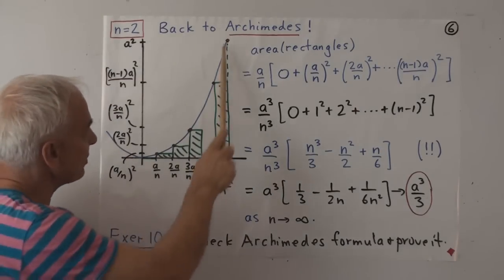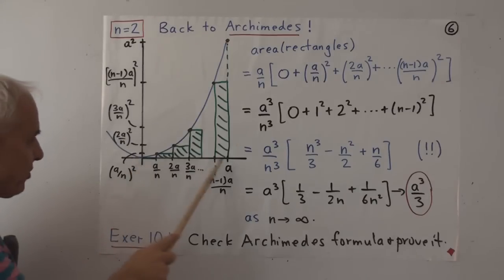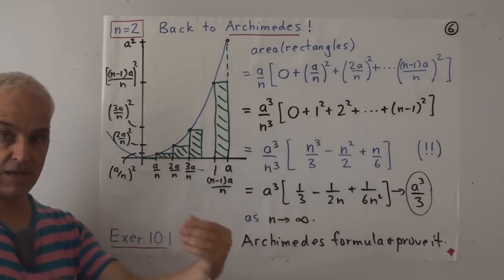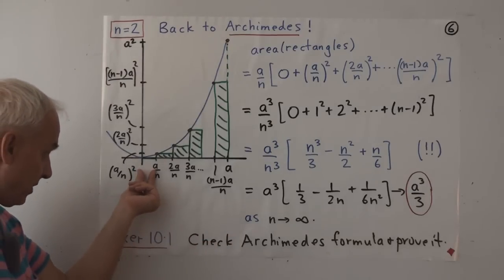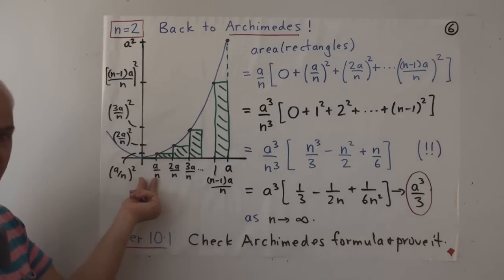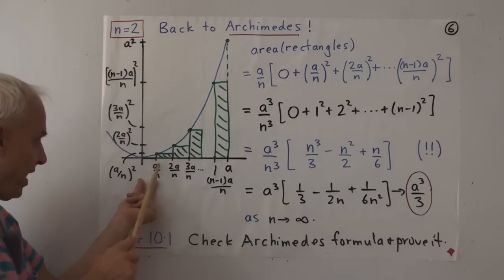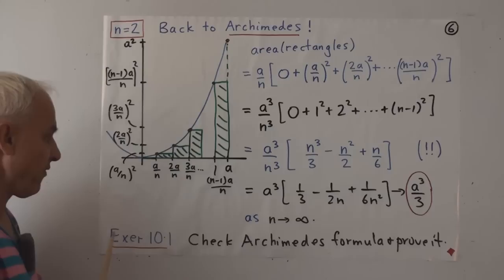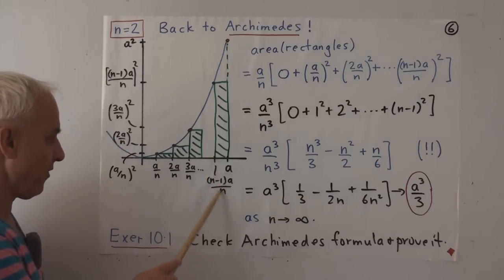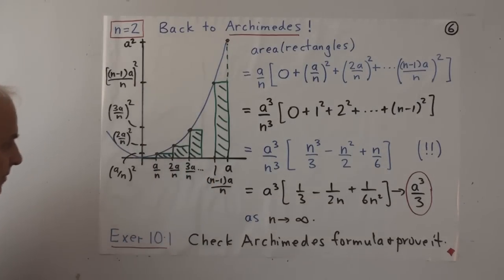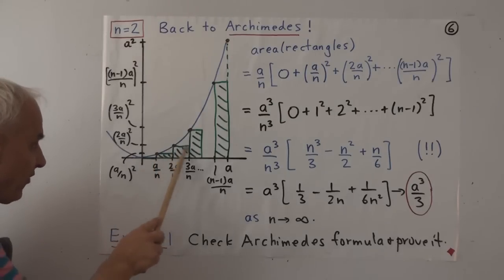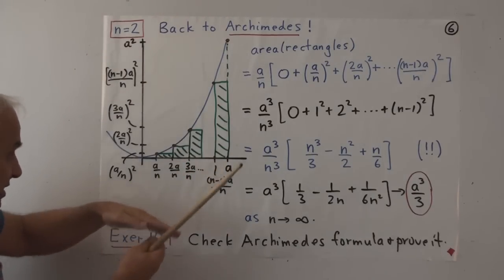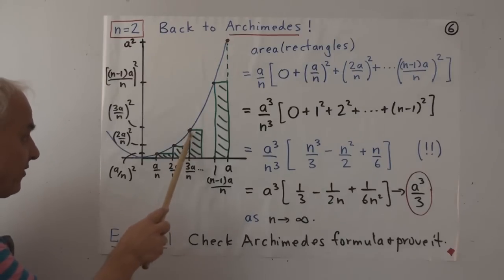Alright, so here's our graph y equals x squared again, from 0 to a. And just as before, I've divided the interval from 0 to a into n equal pieces, each interval of size a over n. So this interval, a over n, so that coordinate is a over n, and then that coordinate will be 2a over n, 3a over n, and up to n minus 1 a over n, just as in the previous example. And now we build rectangles above each of these subintervals, and the heights of the rectangles are determined. Well, we just go as high as we can until we bump our heads on the curve.